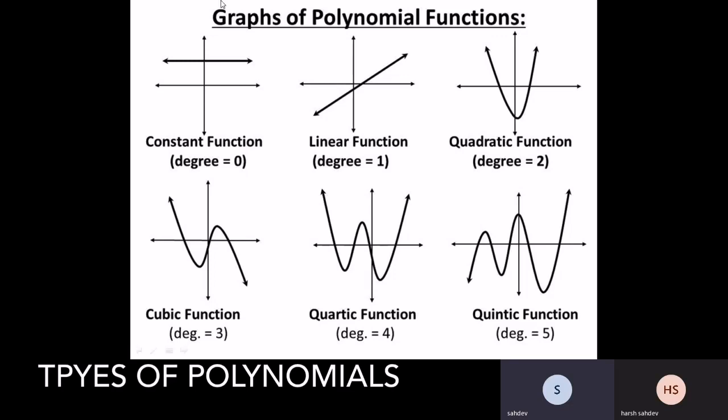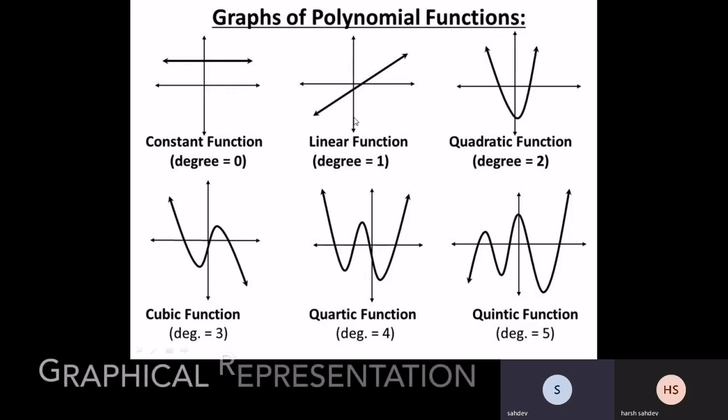Now if the degree is just constant, what will be the equation of this line? Any idea? This line will be y equals some constant. Okay, it will never touch the x-axis. The number of times it will touch the x-axis, those points at which it touches will be considered the zeros of that equation. About zeros we will study further, but the point is, whenever the graph which we are drawing cuts the x-axis, those points at which it cuts the x-axis will be considered its zeros, and they will be according to its